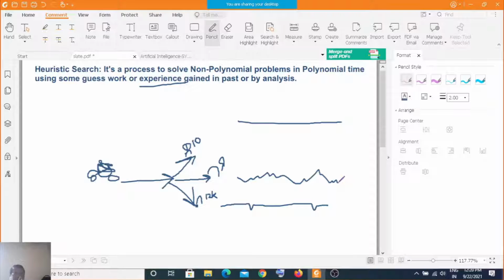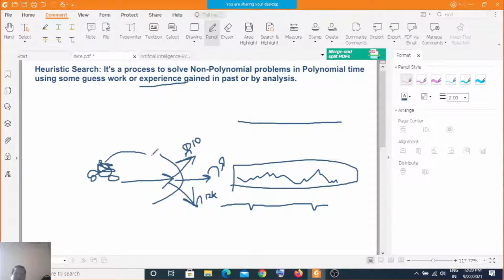9 kilometer. Yeah, but based on your past experience, if you are using the heuristic search, you will use the heuristic knowledge, and you will consider that last time when you went by the 9 kilometer road, in some other direction, you reached earlier. So without thinking about what the road quality ahead is, using heuristic search you will choose this 9 kilometer road, and you may end up